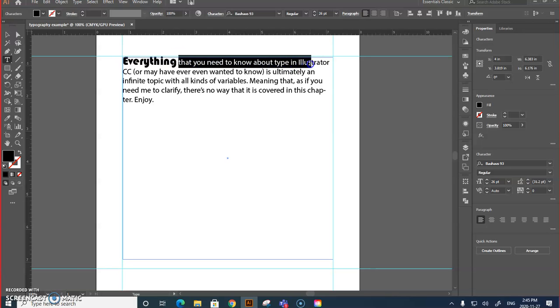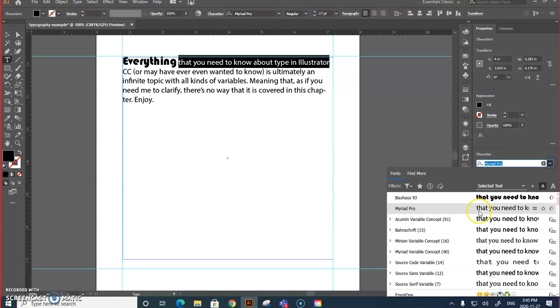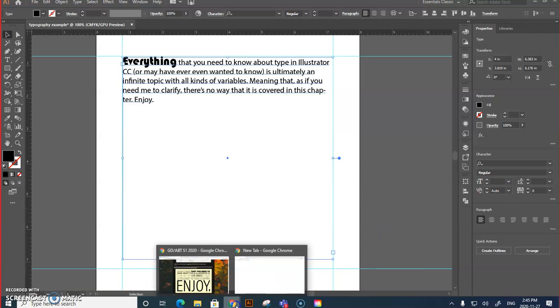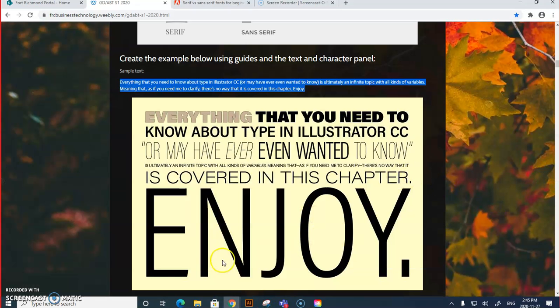now there's a lot of these default fonts here, but what's great about adding fonts in Adobe is they have so many fonts that come with the program. But after you've worked with fonts for a while, they start to look repetitive. So I'm going to go back to our website, and this link here that I provided to you,